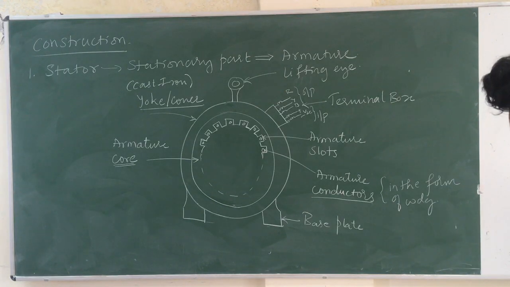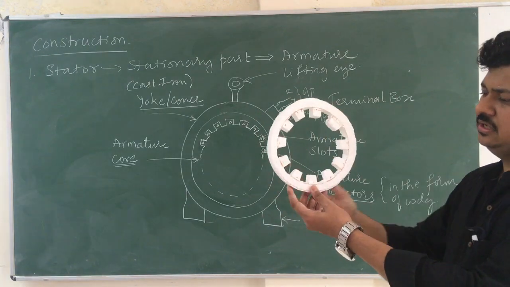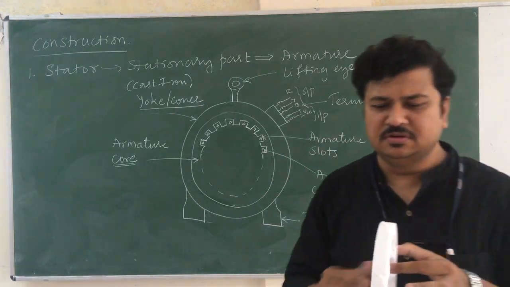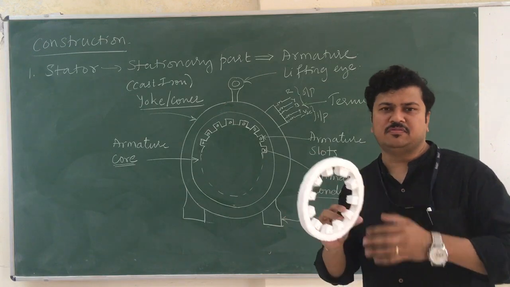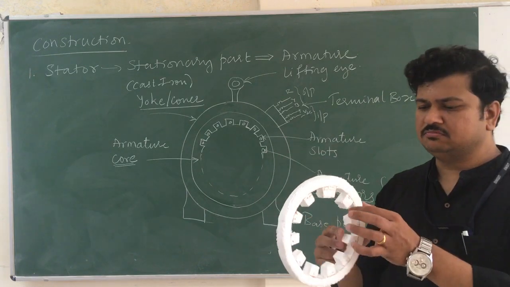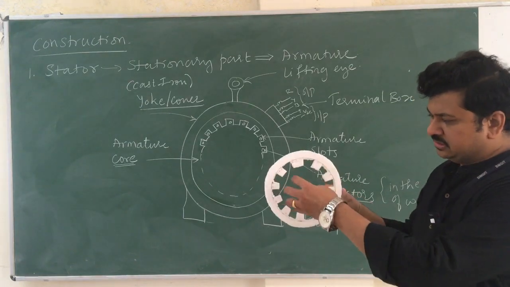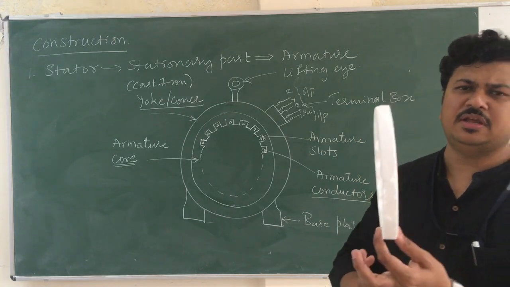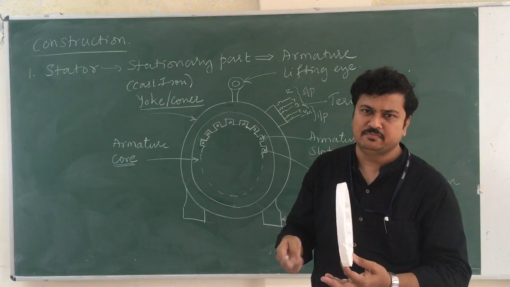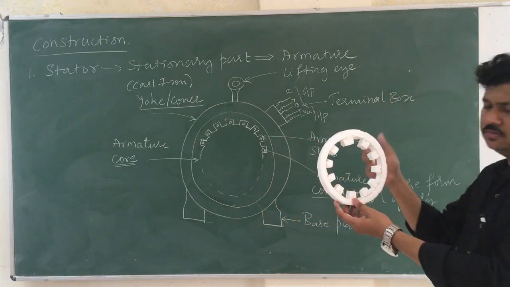If you see the structure, it looks like this. This is the circular hollow cylinder. I could not make sufficient depth because of lack of time in preparing this. If I could prepare the entire stator structure, I will send you the video of that. So this is the hollow cylinder. You can consider this as one lamination now. Then when I stack so many laminations, I get a sufficient amount of thickness. So this is the stator of an alternator.